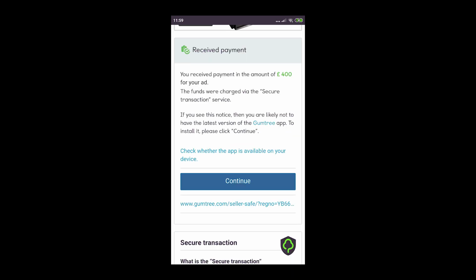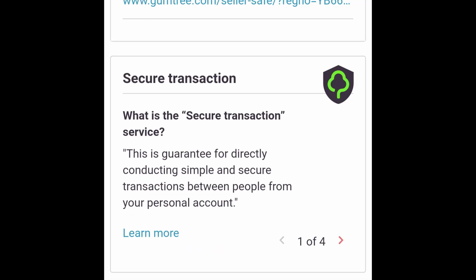As I scrolled down, it told me that I had received the full asking amount of £400 and that the funds were charged via the secure transaction service, something I'd never heard of. To continue, I just need to click the continue button. This was all in the right font and the right logos for Gumtree, so it looked pretty convincing so far. There were even some genuine Gumtree links to talk about internet safety. There was a description of what a secure transaction was, but it was pretty vague,